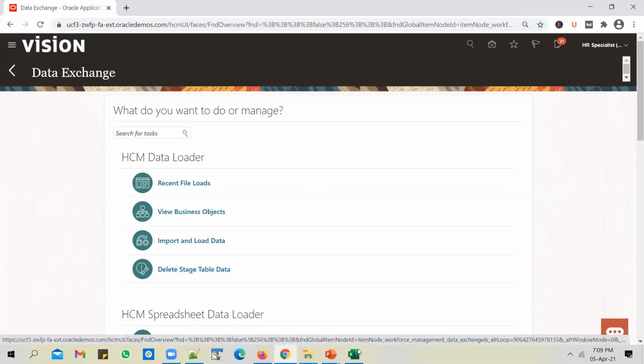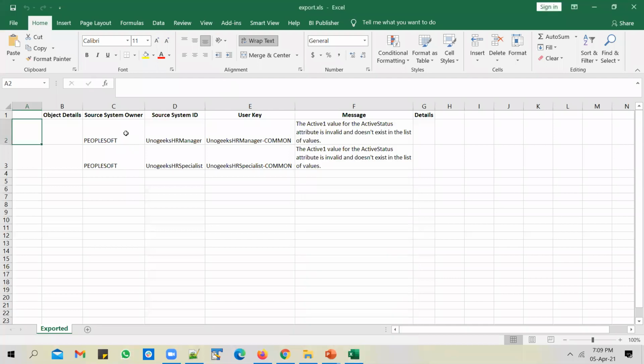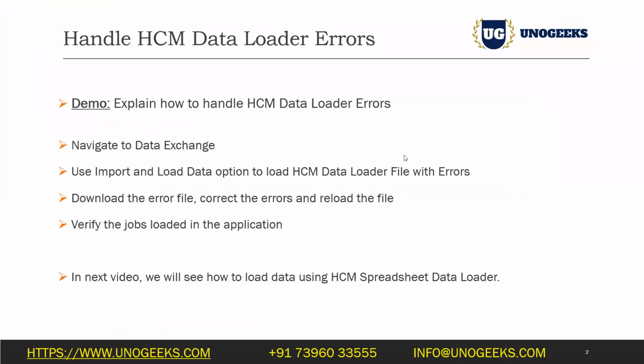And you can also extract the failed lines by going into that specific error record screen, extract them, and then with the help of this, you can identify what records have been loaded and what have not been. Okay, so this is how you can handle HCM Data Loader errors.